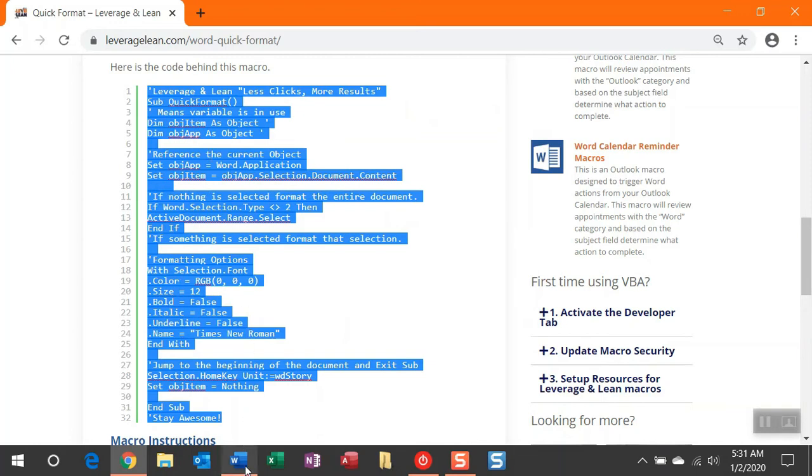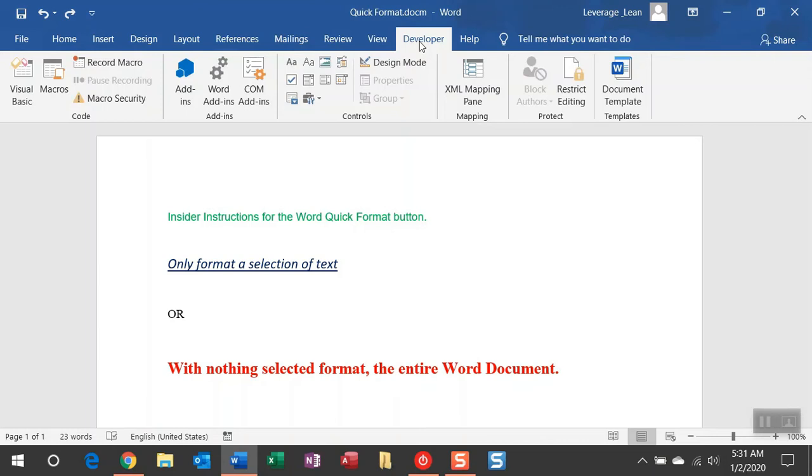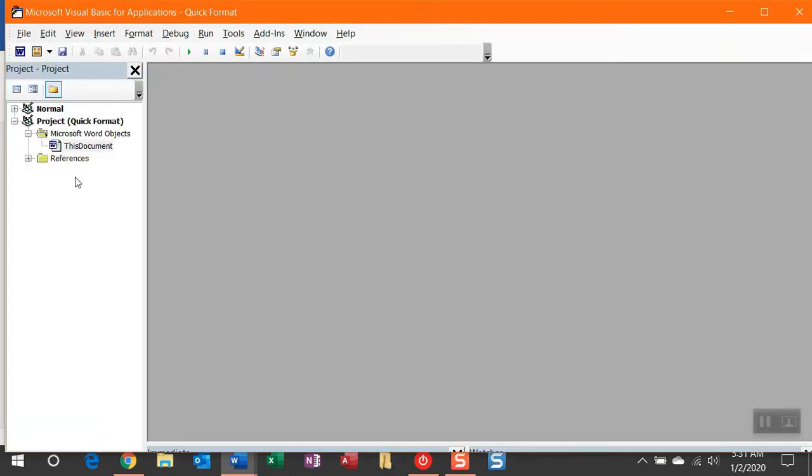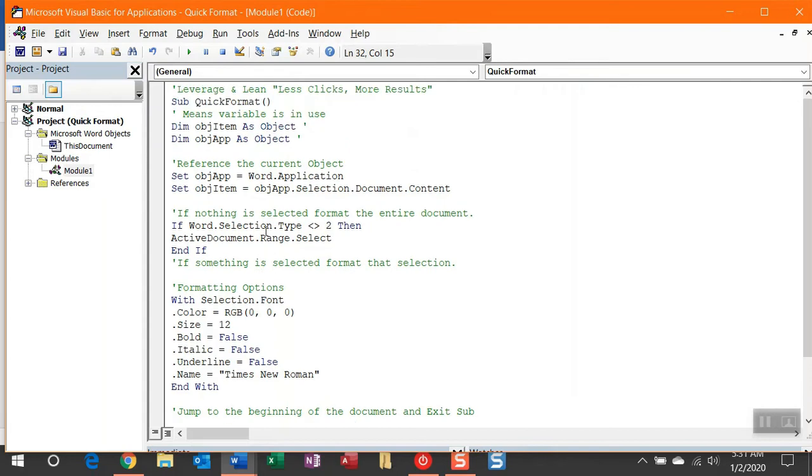Now, I'm going to take us over to Word, where we're going to put in this macro. Navigate to your Developer tab. You can see mine is located all the way over here to the right. Once within the Developer tab, select Visual Basic. Now, we want to paste this code into a module, and I currently don't have one available. To make one, click that black drop down, and then click Module. Within Module 1, we're going to paste all of this code we've already copied,